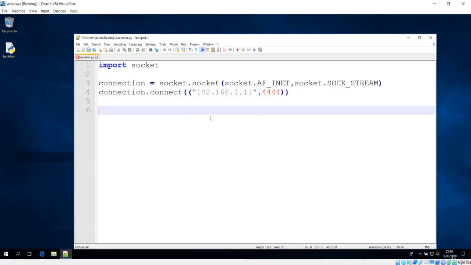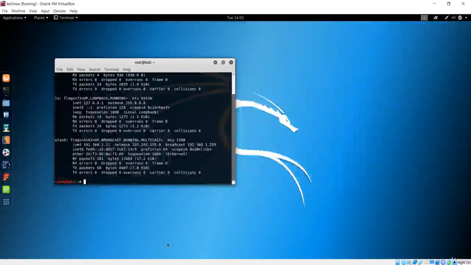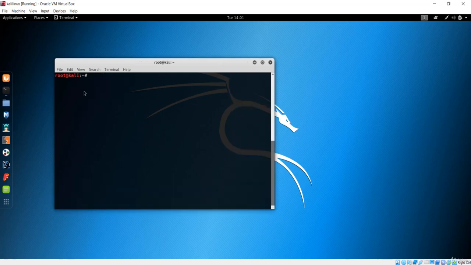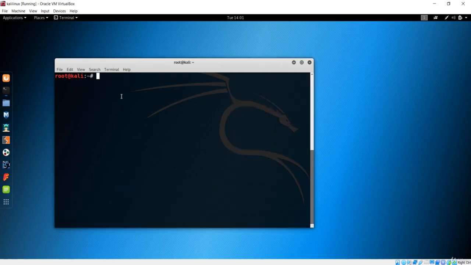Before running this, we have to listen for this port. So let's go over here. Let me clear first, and let me zoom in a little bit. First of all, we have to make use of this Netcat application in order to listen. The VV is the argument for verbose, so it will try to listen, and this L is for the listen argument.